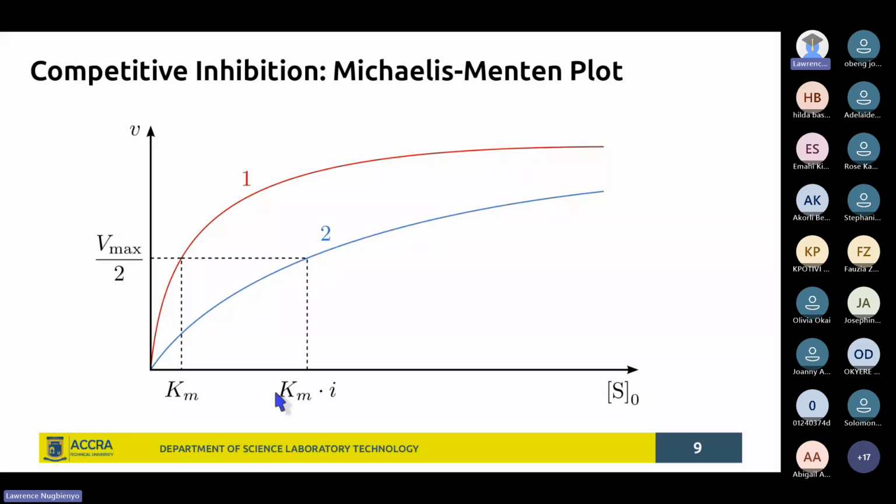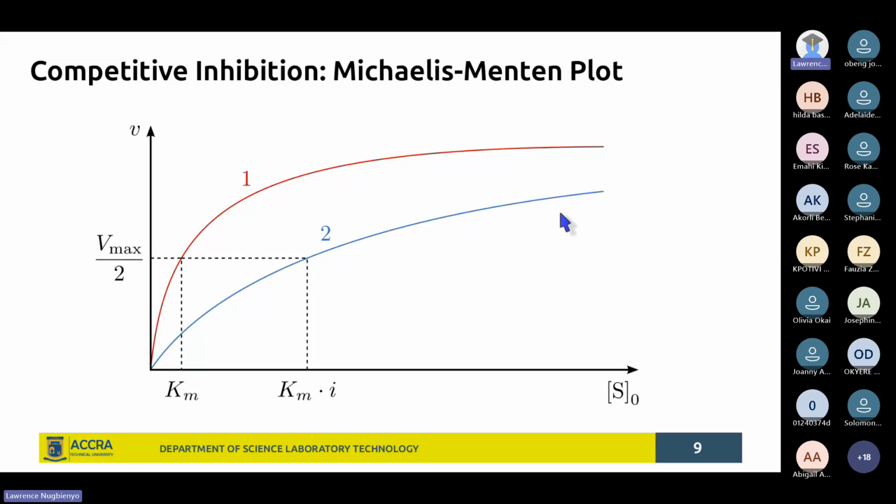reaction proceeding. This is what is referred to as reversible inhibition. We'll come to see that example. So the maximum rate of reaction can still be reached even with competitive inhibition. It's just that you will need more substrate in order to achieve the maximum rate of reaction. But the maximum rate of reaction can still be attained in the case of competitive inhibition,